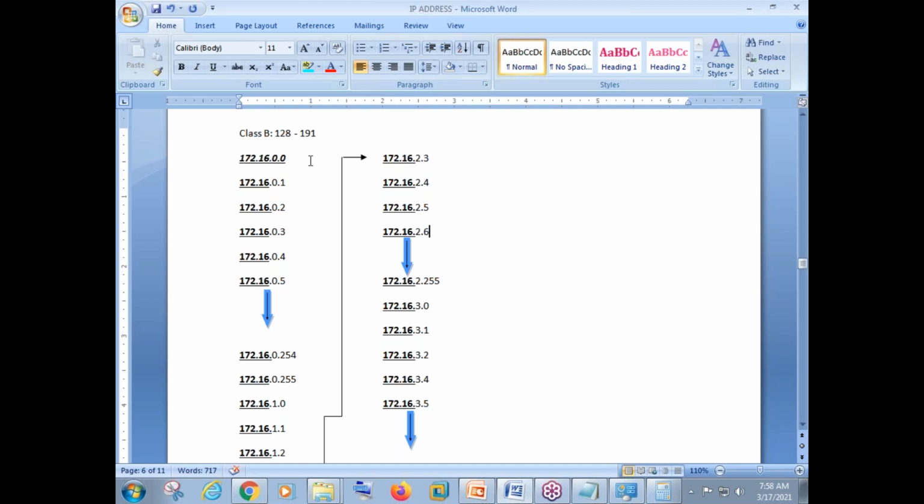The second, third, and fourth octets can be any number. But in this example, class B, 172 is in the first octet and the second octet is 16. But what is the thing we need to understand here? In all the devices now, 172.16 should be the same. 172.16 is in the network portion because class B is designed as network, network, host, host.